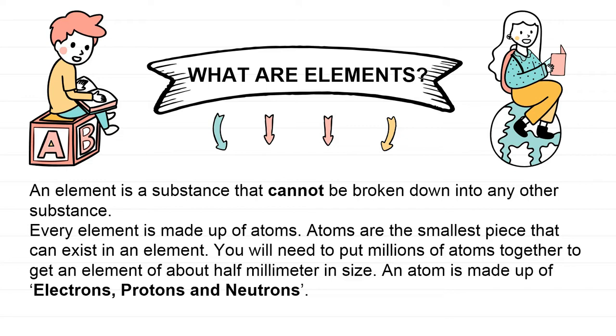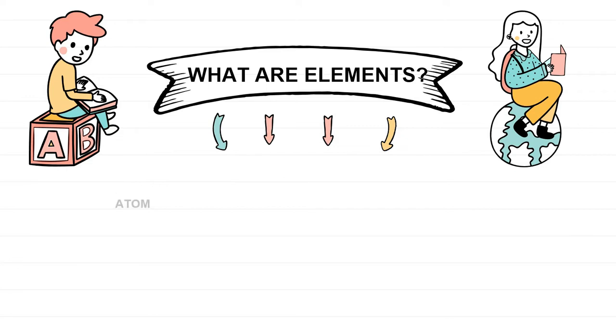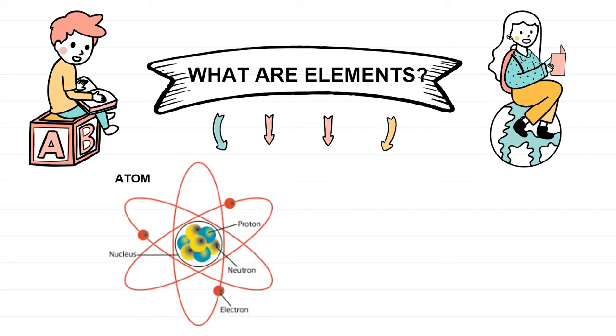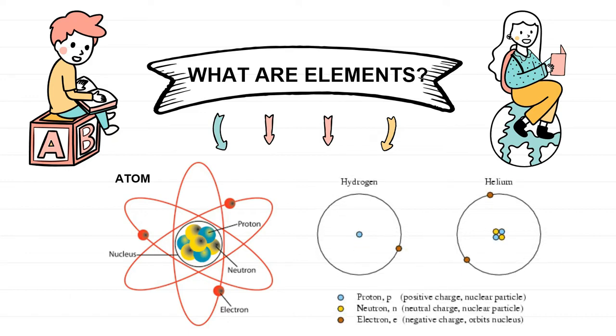In an atom there are electrons, protons and neutrons which combine together to give an atom. And for the elements we should know the structure of the atom. In the given structure we have the nucleus in the center, and the nucleus contains protons and neutrons, whose number varies according to the atomic number. The nucleus is also surrounded by electrons which move in different directions. Here we take the example of hydrogen and helium structure, in which we have different numbers of protons, neutrons and electrons based on the atomic number.